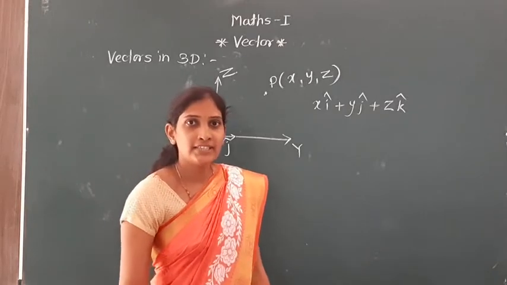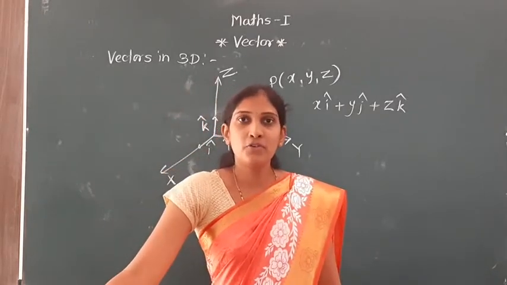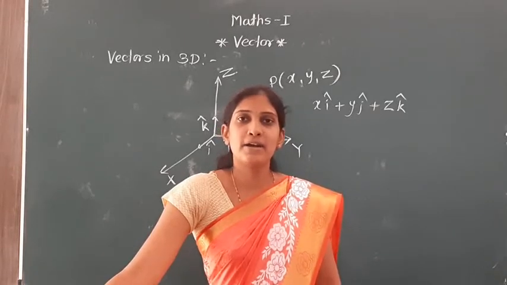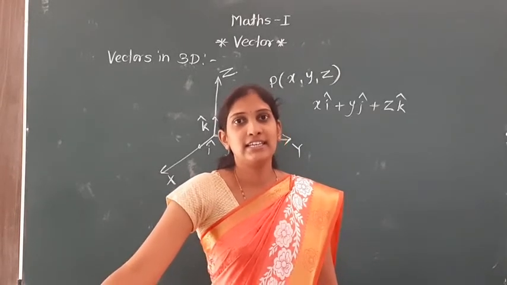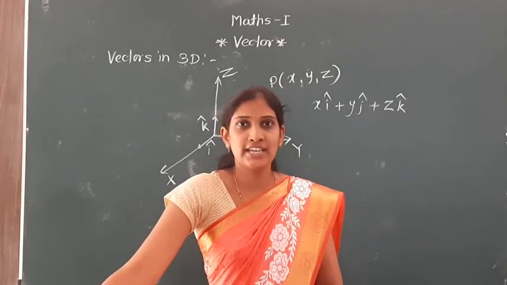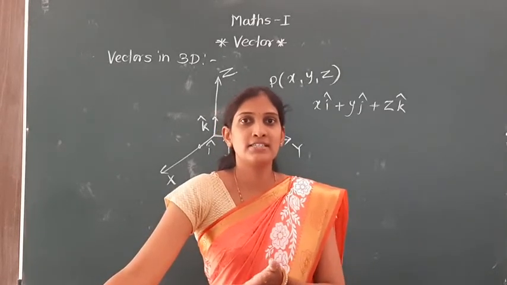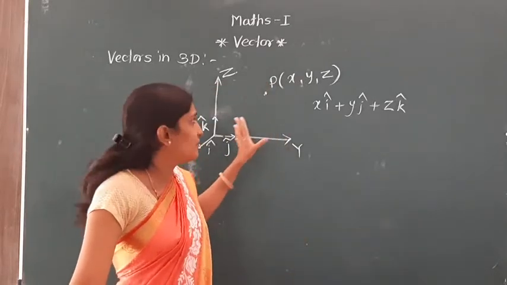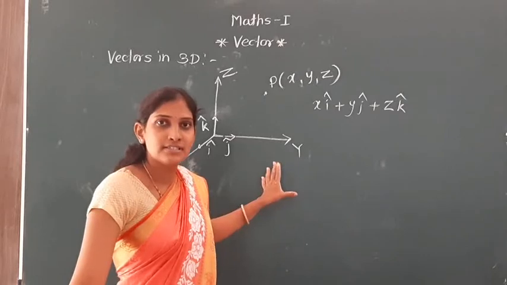So today we learned about a theorem. That theorem is: if A bar, B bar, C bar are coplanar, then there exists a linear combination x A bar plus y B bar plus z C bar is 0 bar, and also the vectors in the two-dimensional system and vectors in the three-dimensional system.